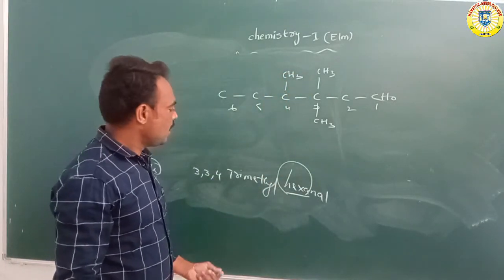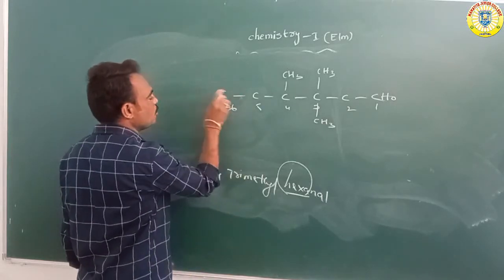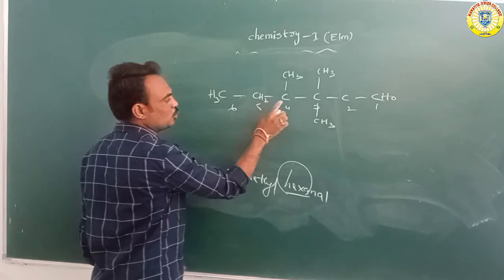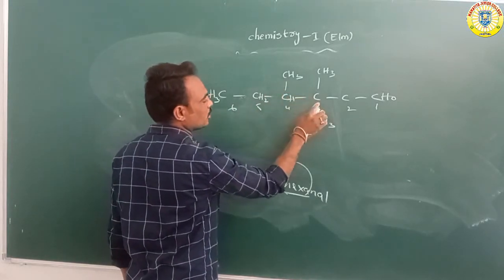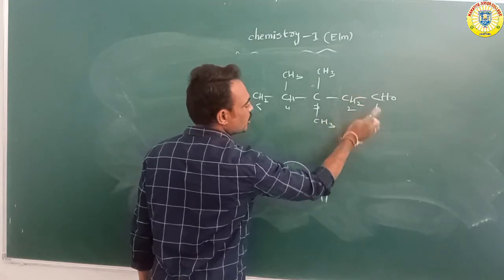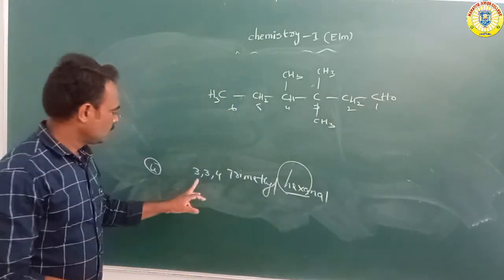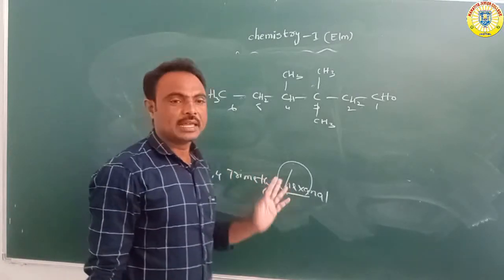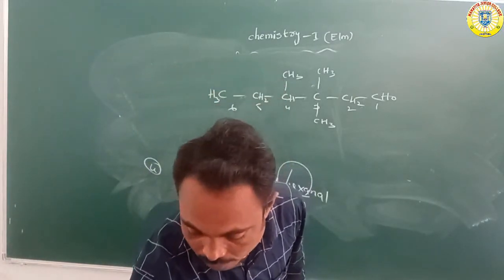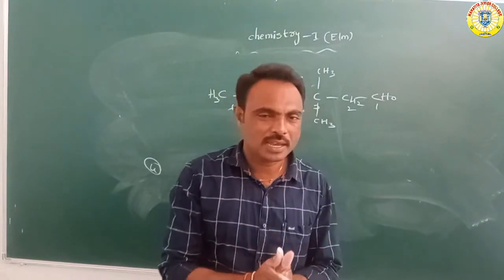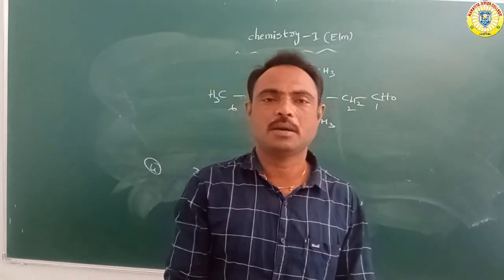So we are arranging the hydrogens. Carbon with only single bond, H3; 2 bonds, H2; 3 bonds, H; and so on, 2 bonds, H2. So this is 3,4-trimethyl hexanol. So this is the IUPAC name. Next class we will discuss the remaining examples. Okay.